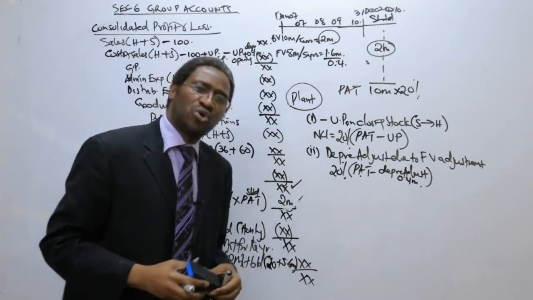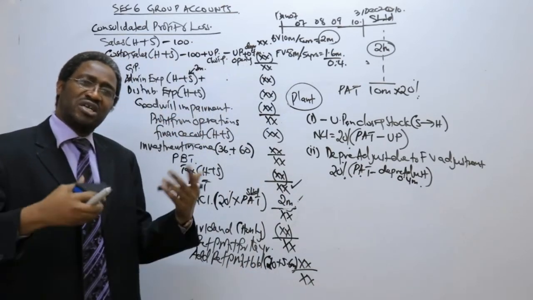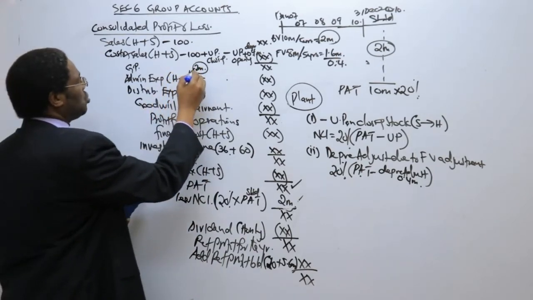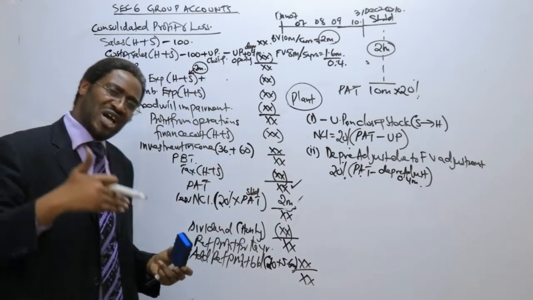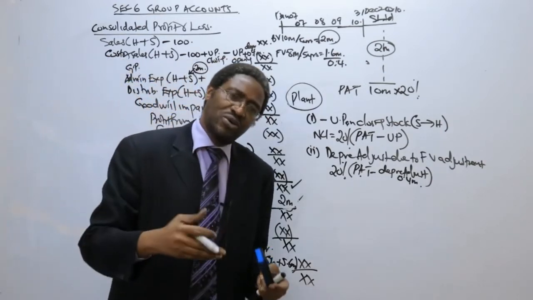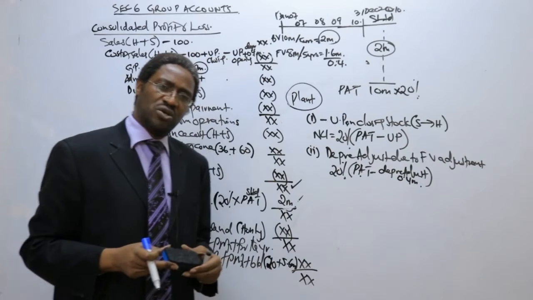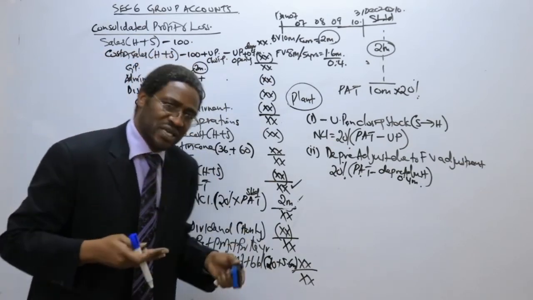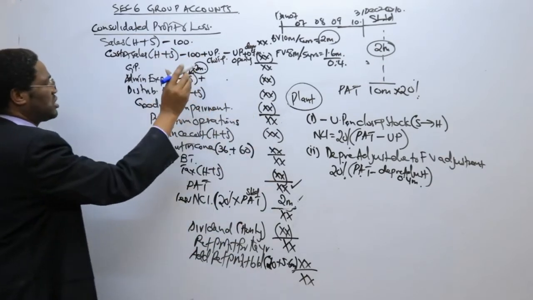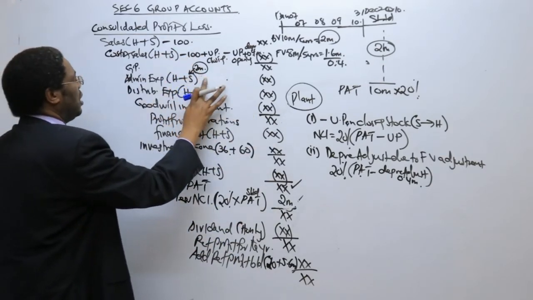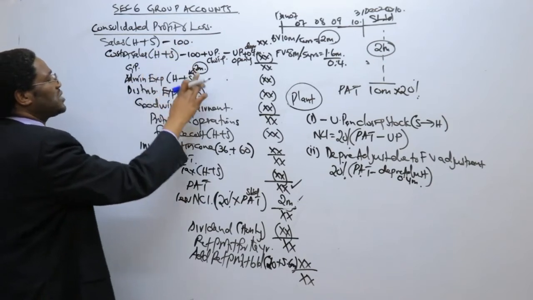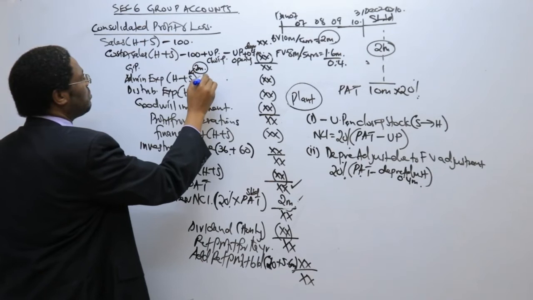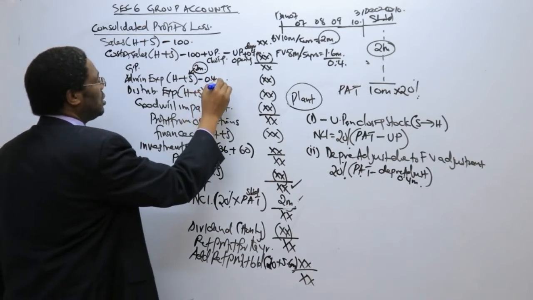Again, if you are told depreciation is an admin expense, then you know every year your subsidiary company was charging you 2 million, but they were supposed to be charging 1.6 million. So it means their admin expenses are overcasted. So when you are doing the group income statement, you should take the admin expense of the holding plus the admin expense of that subsidiary company, then you less that depreciation overcharge of 0.4